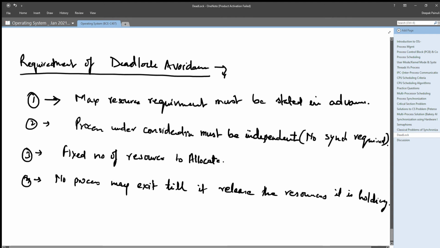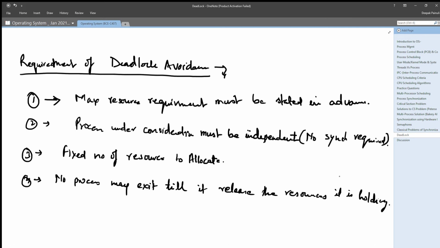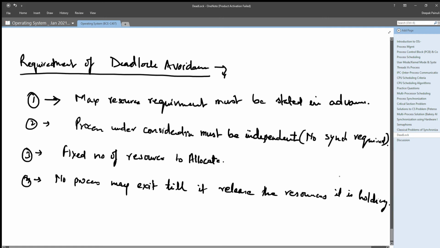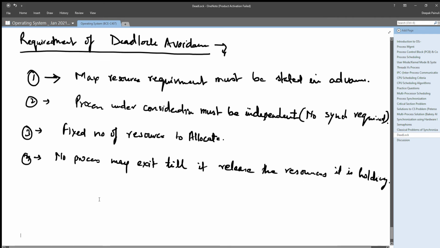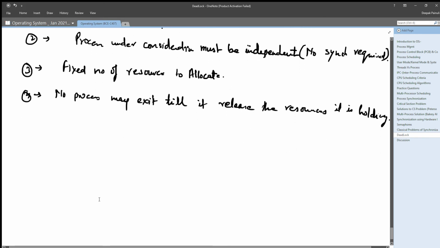It means that a process cannot be terminated until and unless it has released all the resources it has held. So before exiting, a process must release all the resources it is holding, right? So these are the four basic conditions for deadlock avoidance, and what this avoidance algorithm will do